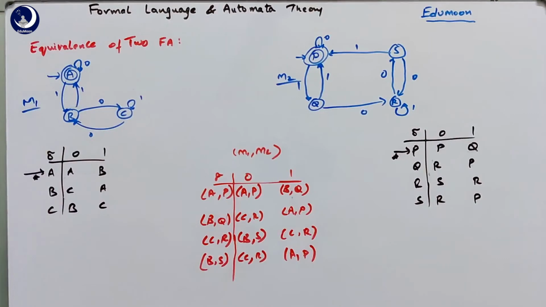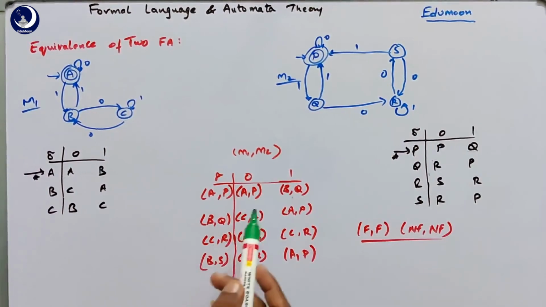From the available pairs that we got here, we just need to check whether they are final states or non-final states. So for every pair that we generated in the table, they should be either both final states or both non-final states. So if all the pairs generated in the table are both final or both non-final, we should check that. So here, checking from the first state, A and P, the first pair that we got here,